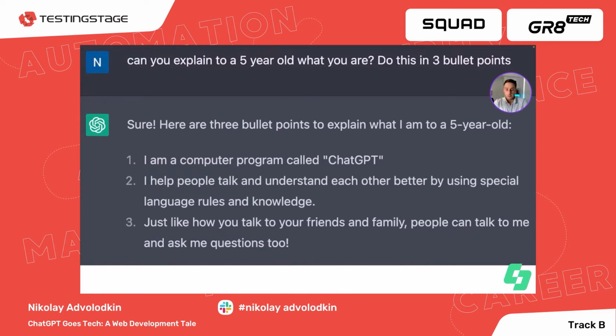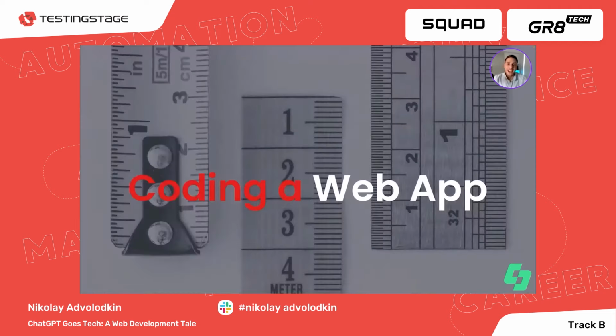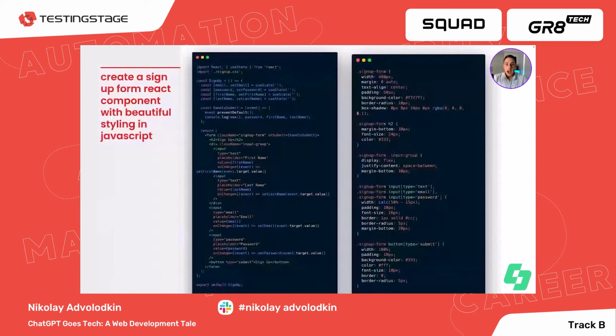The very first question that I had here was, can ChatGPT actually create a web application? So I had it attempt to create me a sign-up form, a React component with beautiful styling. That was the prompt that I put inside of ChatGPT. And this is what it came up with.